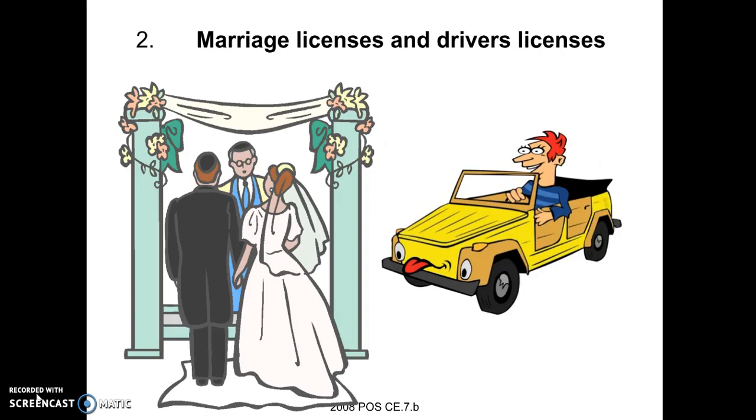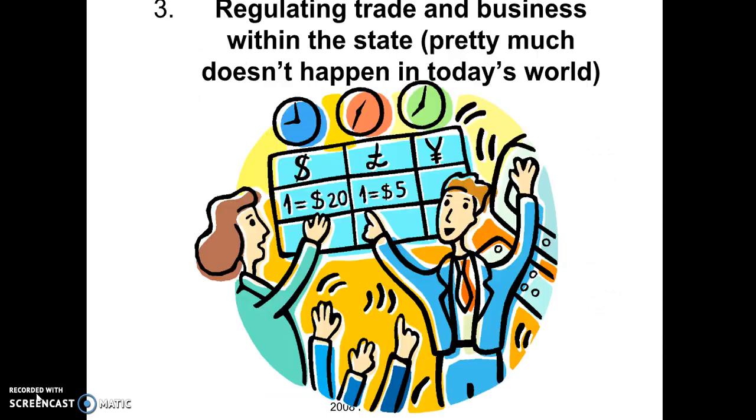When I moved from California to Virginia, I had to get a new driver's license. I had to give up my California driver's license and get a Virginia driver's license. And states have the right to determine marriage laws within their state. States are also in charge of regulating business and trade within the state, which pretty much doesn't happen in today's